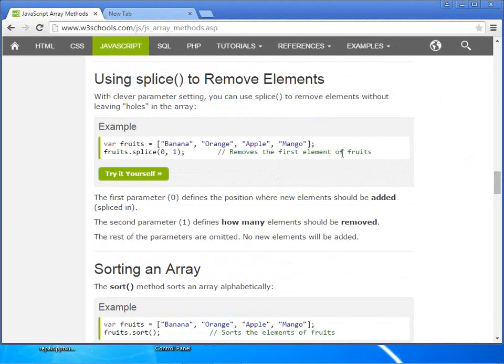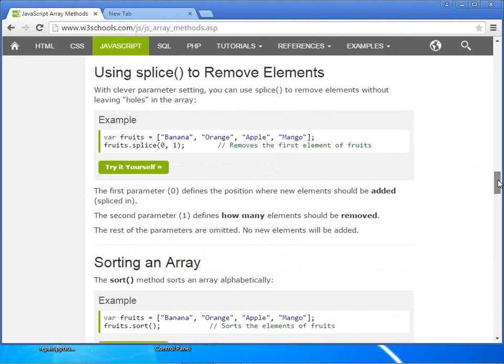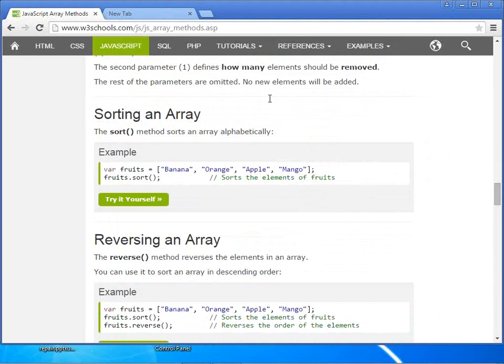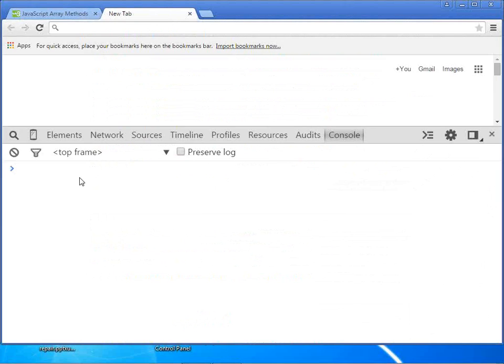So this removes the first element of the fruits. Sort, we have seen that. We have seen the sort method. If you want to try again, you can do that. Here is an array